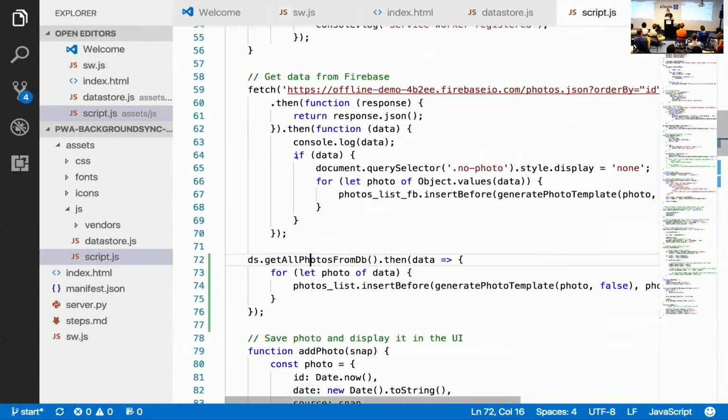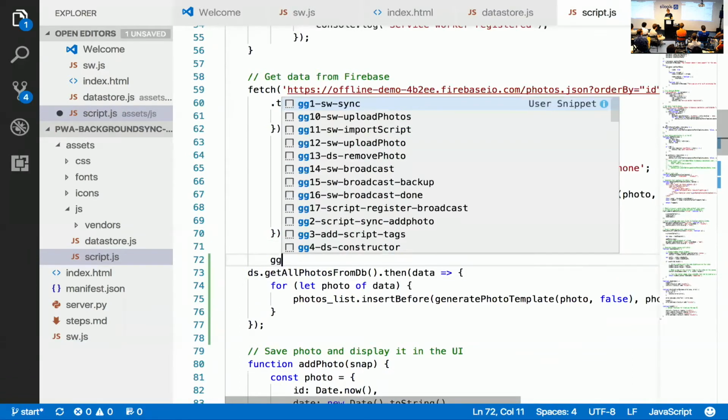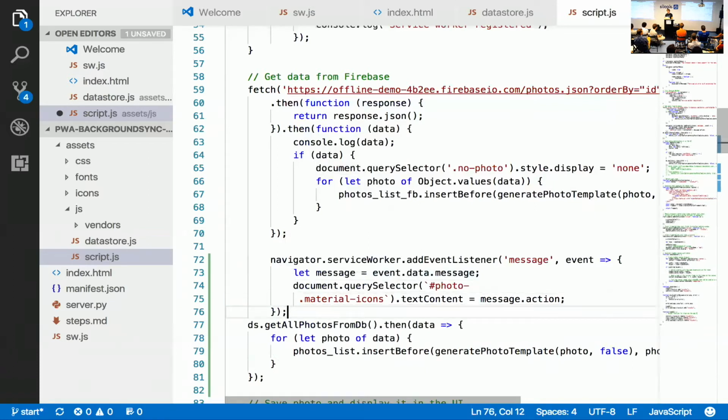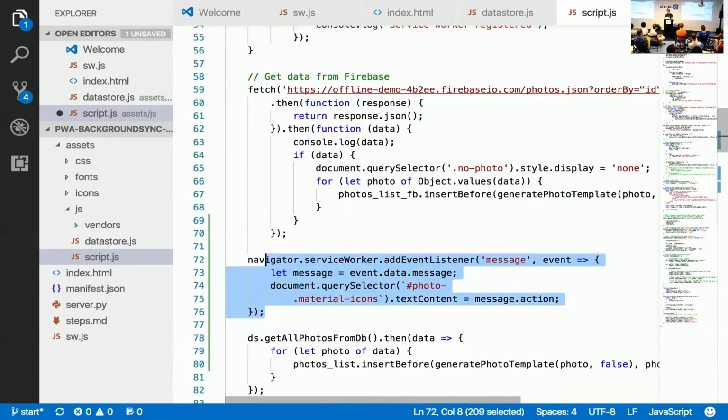Now you go to your client, and you have to add an event listener to the message coming from the service worker. So here I add an event listener on message. I get the message, and I